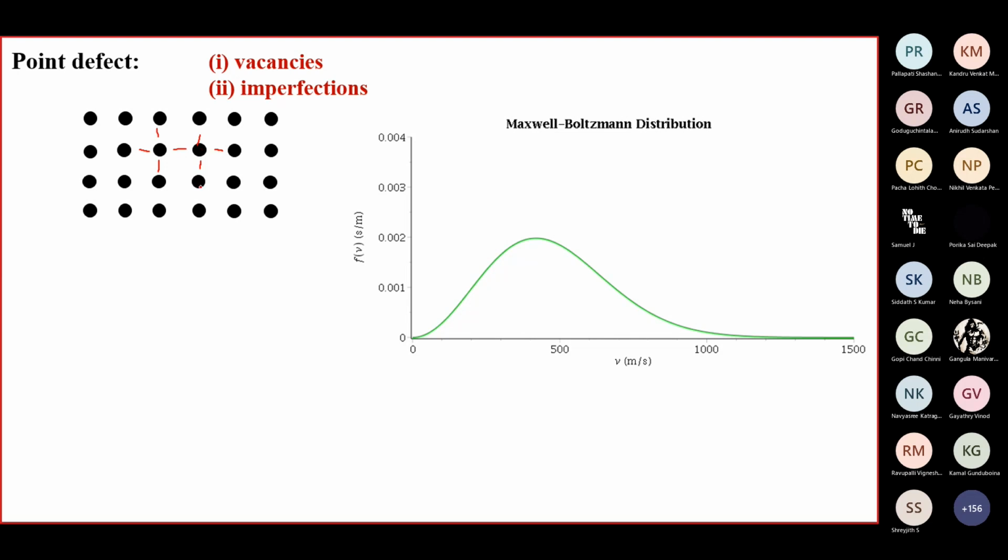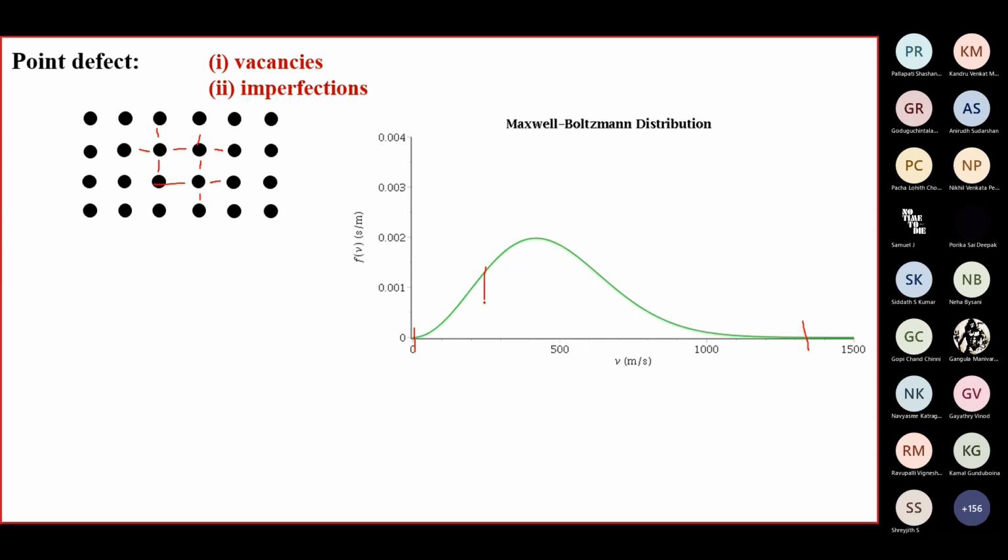Now let's consider this atom. This atom also has thermal energy. What is its energy compared to this? It can be anything. It need not be the same. So when we look at the energies of all these atoms, we see the energies vary like this. That means energy is minimum in some atoms, it increases, then it decreases in some atoms. The y-axis is the number of such atoms. So the energy of these atoms has a range from minimum to maximum.